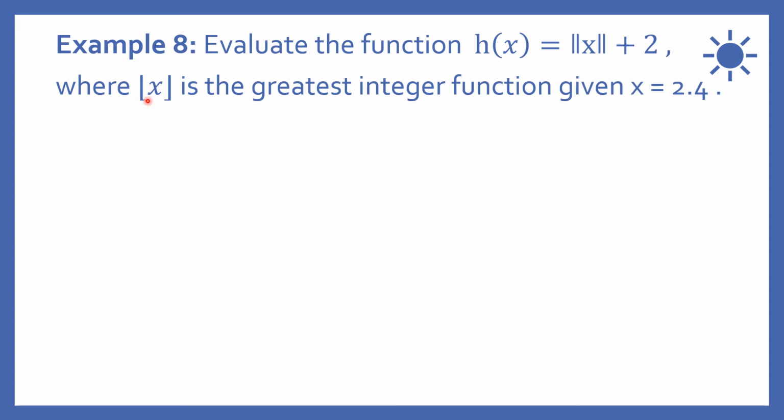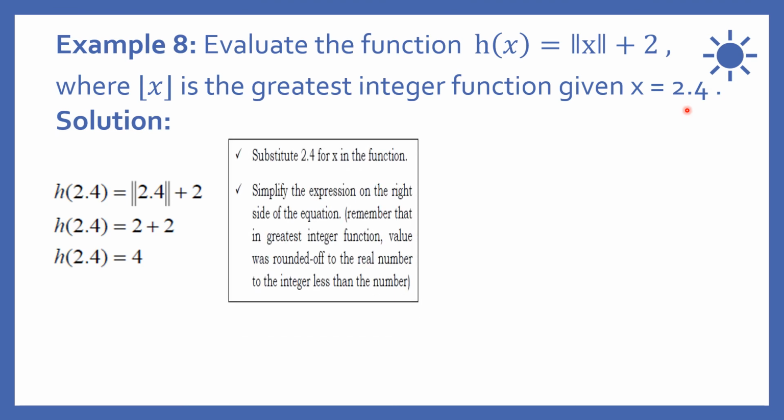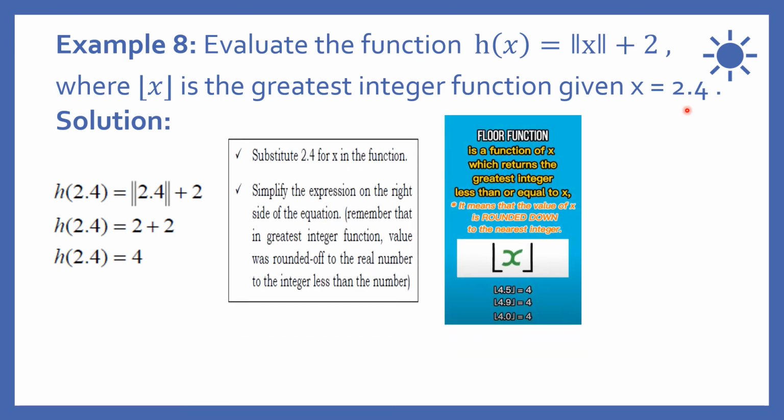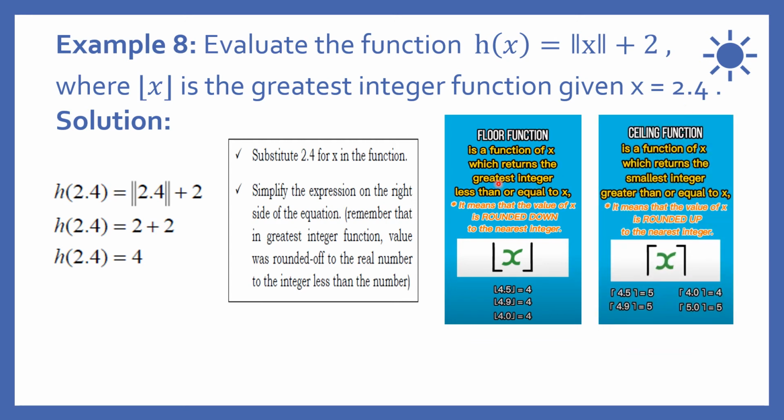Kapag yung line na maliit ay nasa ibaba, yan ay floor function. Kapag nasa itaas, yan ay ceiling function. So, later, di-discuss ko kung ano yung floor and ceiling function. Where floor function x is the greatest integer function, given ang value ng x natin is 2.4. So, solution. So, bago ko ibigay yung solution, discuss ko muna sa inyo ano ba yung floor at saka ceiling